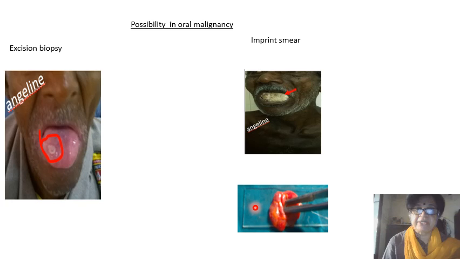This is not the imprint smear of this patient. What this is actually is a lymph node which has been pressed onto the slide to get an earlier report. We were suspecting a lymphoma for another patient, but this is what happens in an imprint. Take this slide and just press it on the tongue and you'll be seeing the malignant cells. For a lymphoma, we have pressed the lymph node on this and taken out the lymph node and stained the material on the glass slide. Okay, now